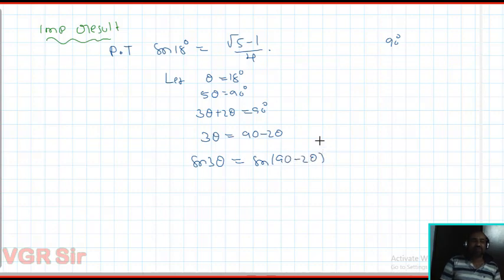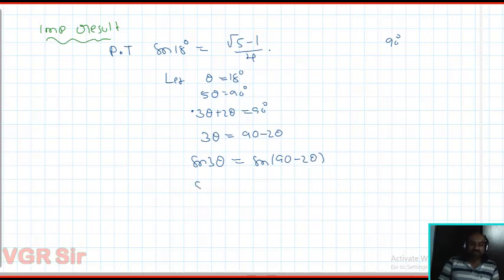I think you people are following, no? Sin 18 you want to find. That's why theta is taken as 18 degree. Actually 18 is not standard initially, no? That's why I multiplied 5 on the other side. 5 theta equal 90 degree. 5 theta can be written as 3 theta plus 2 theta. Why do you want to write 5 theta as 3 theta plus 2 theta? You can write theta plus 4 theta also, that's not a big problem. But just now I derived formula for 3 theta and 2 theta, that's why I wrote 5 theta as 3 theta plus 2 theta equal 90 degree. 3 theta equal 90 minus 2 theta.